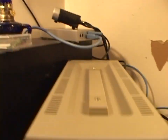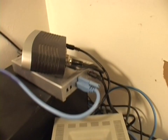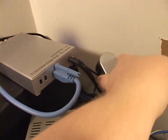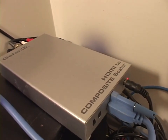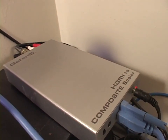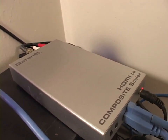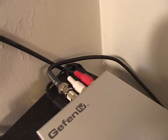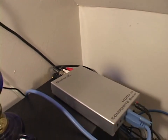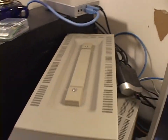Well, I recently got a couple of devices. They were given to me from the TV station, and they're really freaking cool. Not useful to the station anymore, but definitely useful for me. Here's one of them. It's a Geffen HDMI to composite scaler. This takes an HDMI input, and I have an HDMI port on my video card on this computer. You plug HDMI into this, right there, and it converts it to either S-video or composite, and you can use them both simultaneously. So I have the composite output of this hooked up to the baby PVM,